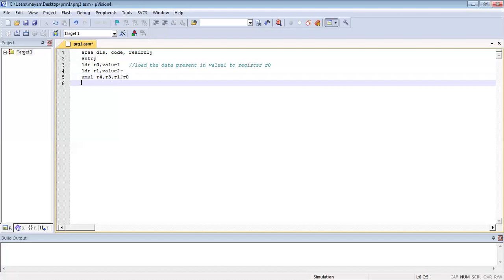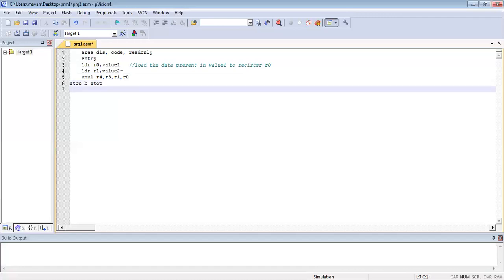Next is STOP, B STOP. This is optional; it is an unconditional loop that keeps the program stopped. Since we have assigned two labels, VALUE1 and VALUE2, we now give the values for them. They are of type DCD.